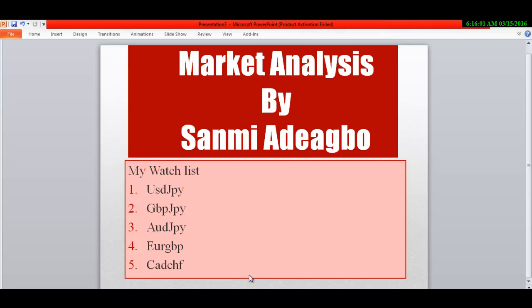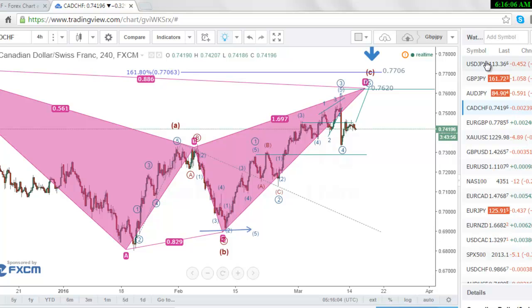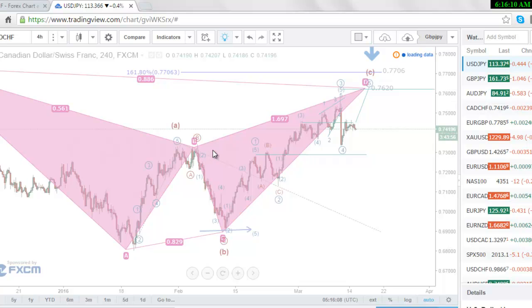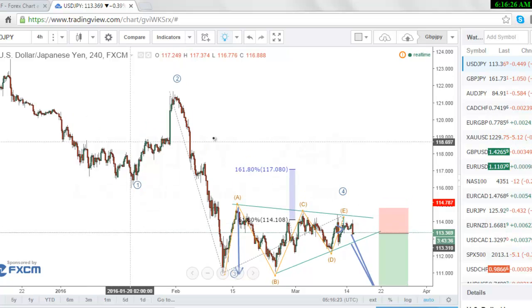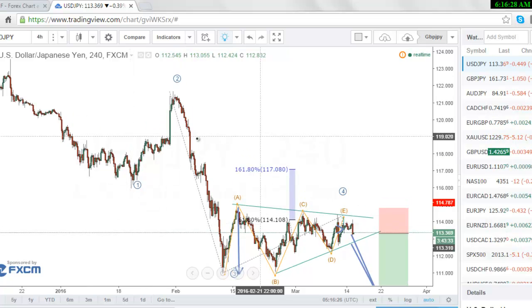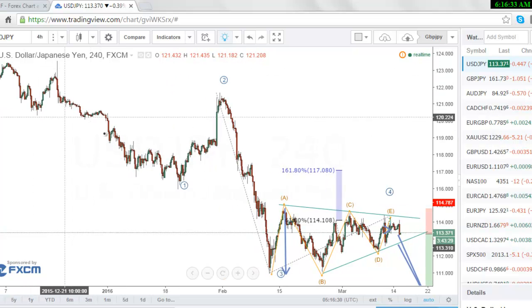All right, let me take you to my terminal. I will start with the US dollar, Japanese yen. It's loading. Okay, so this is my US dollar, Japanese yen, and it is very clear that the move from here, actually from here,